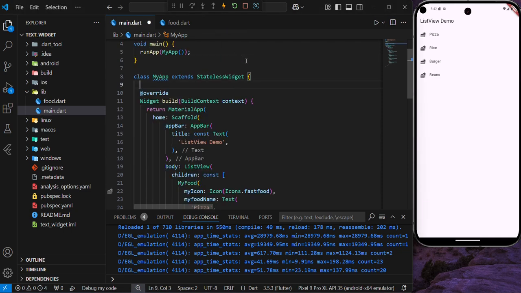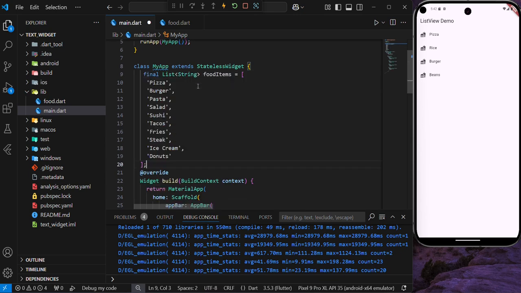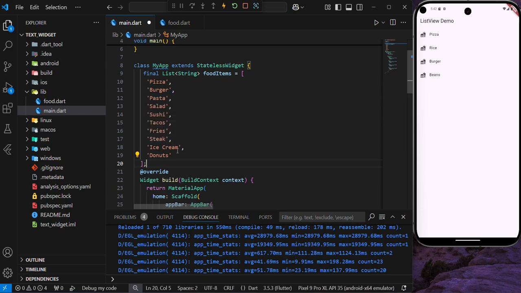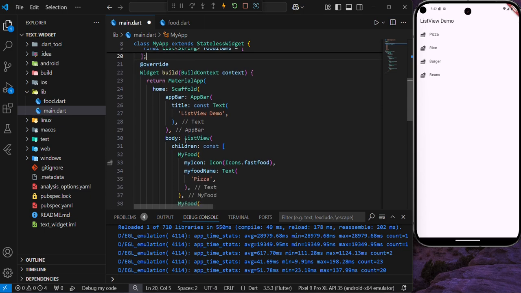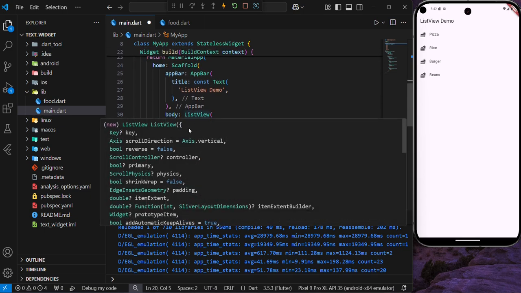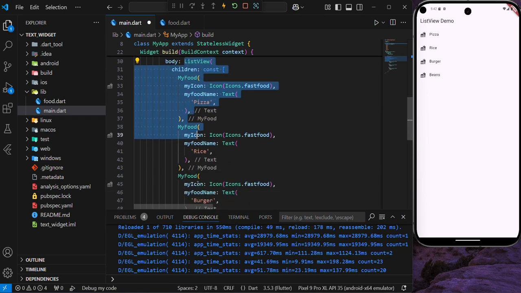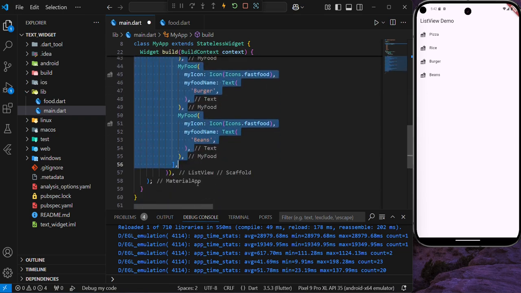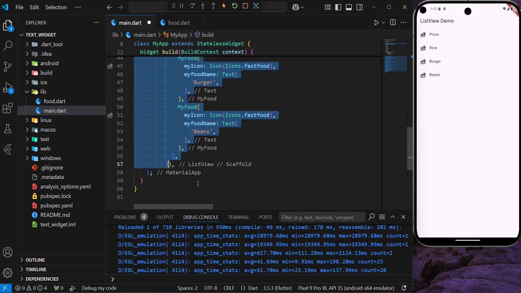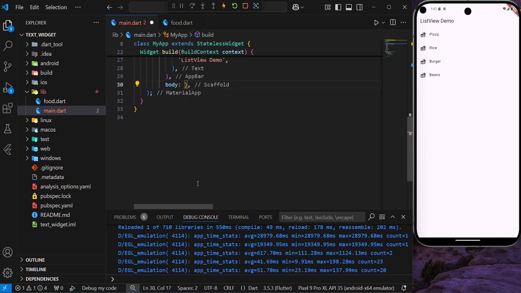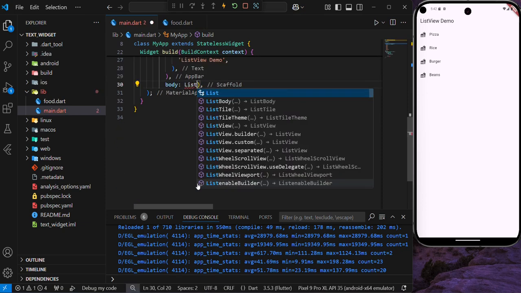So I have my list of food here, which is pizza, burger, pasta, salad, sushi, tacos, fries, steak, ice cream, and donut. So I'm not going to use list view this time around. I'm just going to remove this now, and then I'm going to use what we call